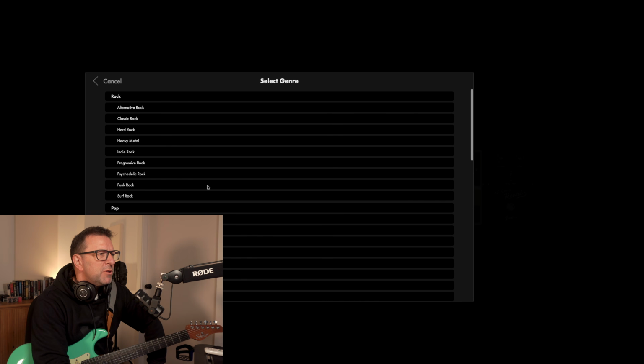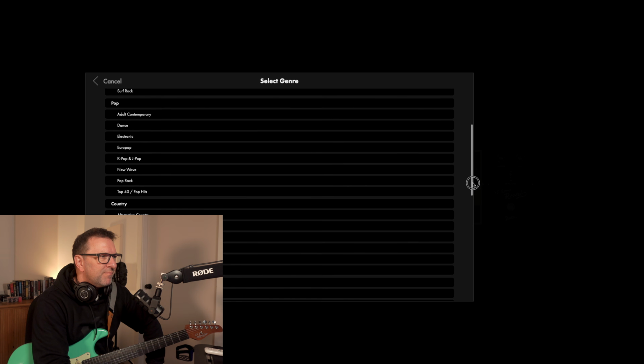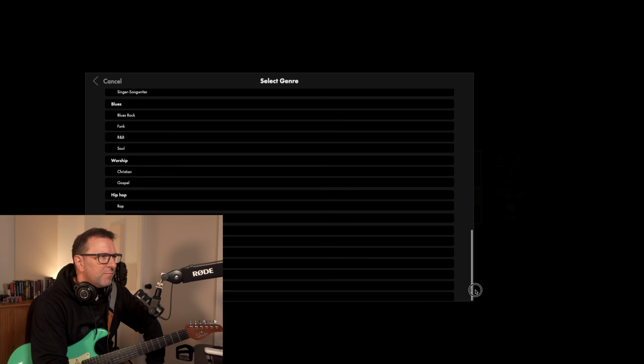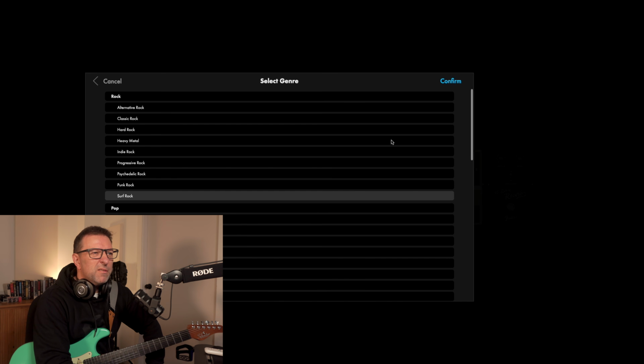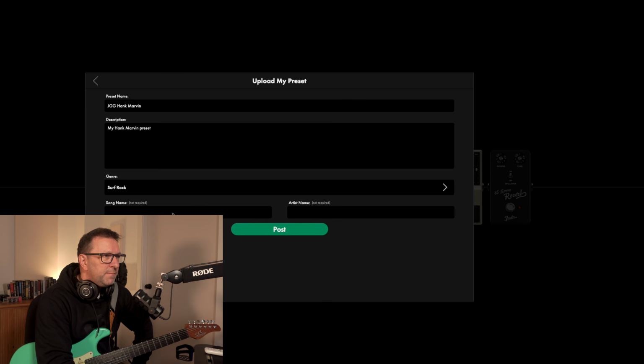What would you call this genre? It's not really rock. Surf rock? I'm going to say surf rock. It's not really either of those. It's probably like, the Shadows were probably considered pop music back in the 60s, so it probably should be pop, but it just doesn't seem right to call it pop or pop rock. It sounds a bit more surfy to me. I'm going to say surf rock. Sorry, Shadows. I know that's completely the wrong genre.